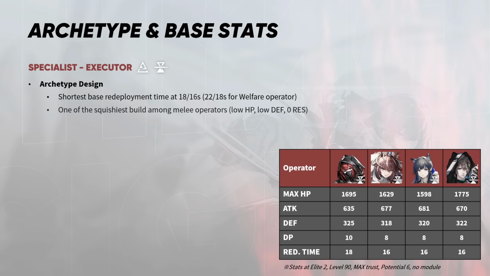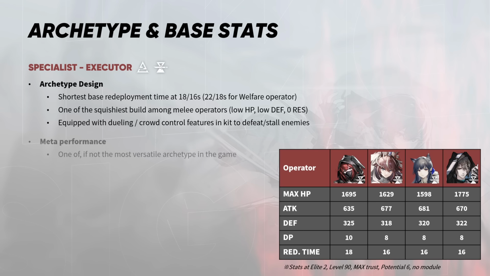They are one of the squishiest melee archetypes in the game, with low HP, low defense, and zero resistance, which is an understandable trade-off. They are equipped with skills for dueling or crowd control to defeat or stall enemies. Honestly, Executor is one of the most versatile archetypes in the game, if not the most, because redeployment is a